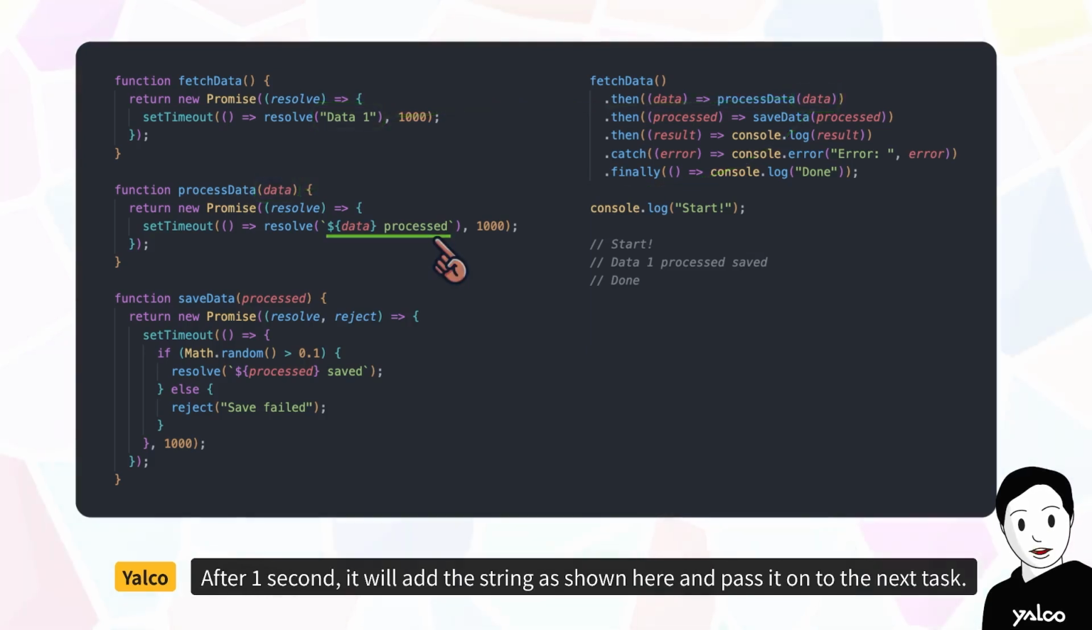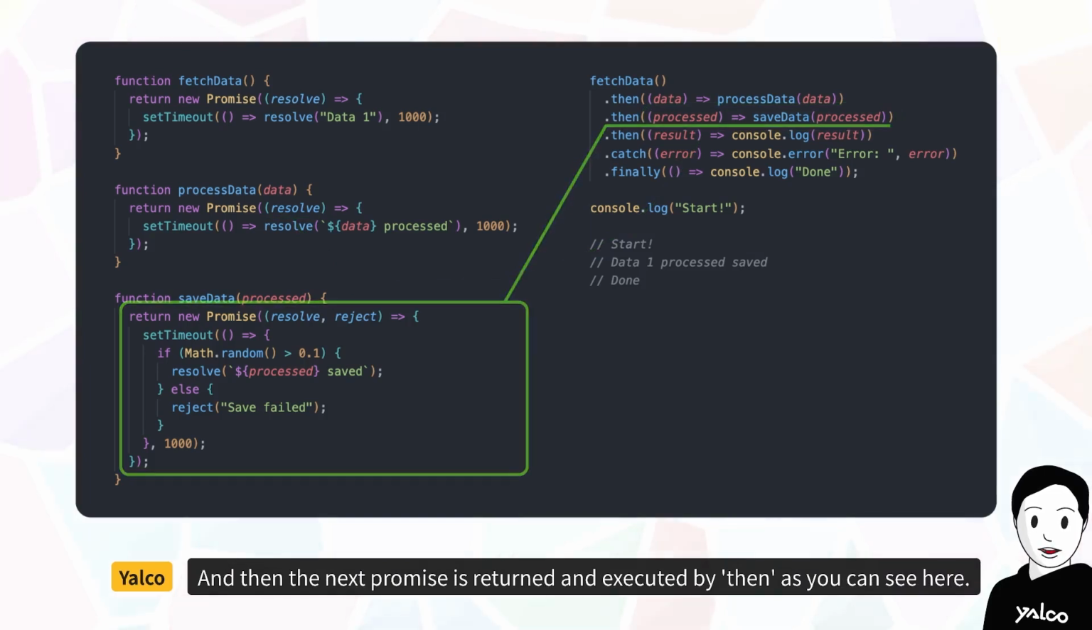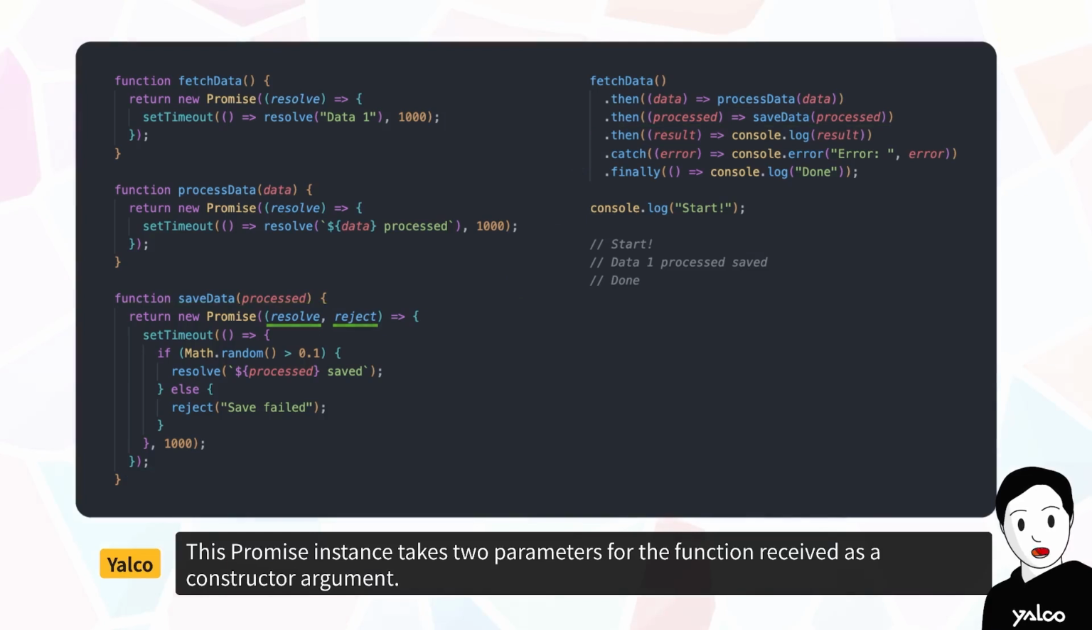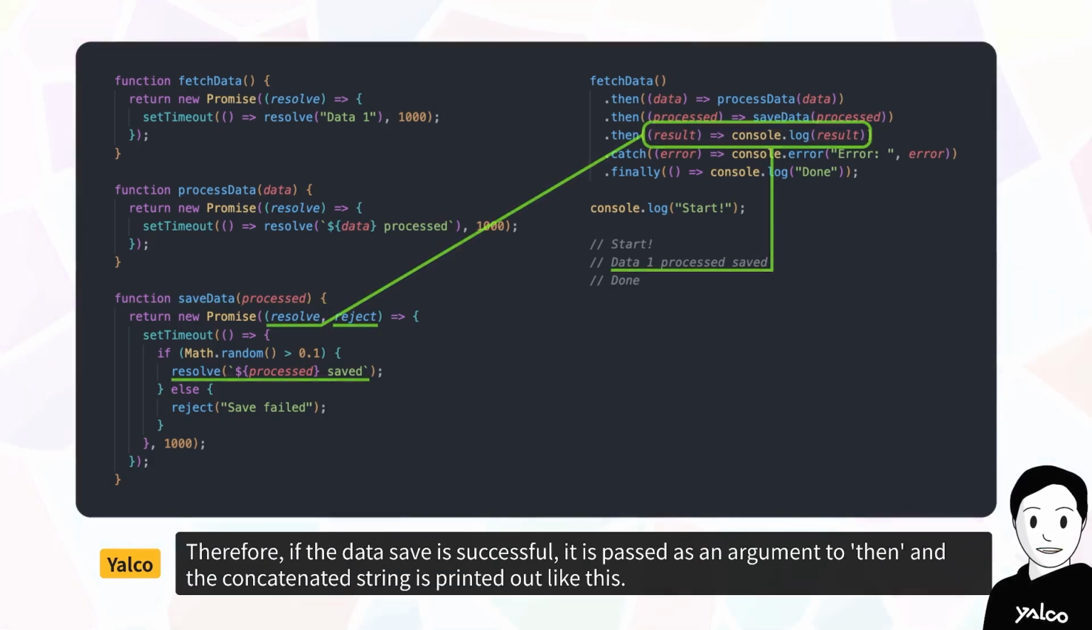After 1 second, it will add the string as shown here and pass it on to the next task. In this vow, the resolve executes save data, much like on the right side. And then the next promise is returned and executed by then, as you can see here. This promise instance takes 2 parameters for the function received as a constructor argument. One is similar to the promise shown above, what to do when the current task is successful. Therefore, if the data save is successful, it is passed as an argument to then, and the concatenated string is